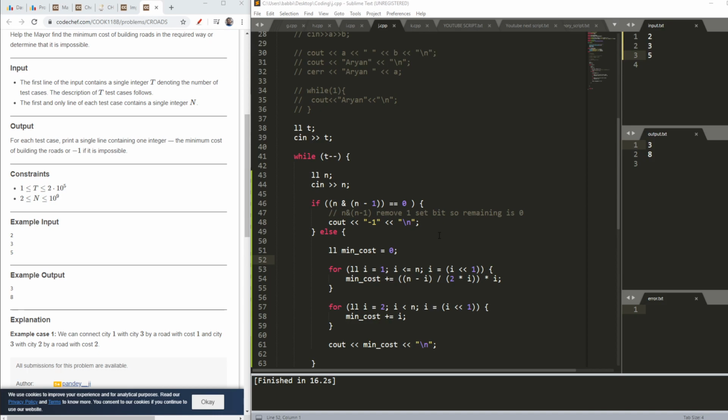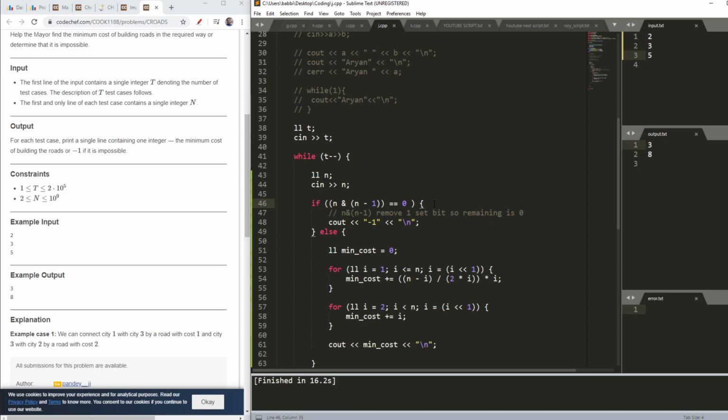So the code, as you can see here, first of all I had my t number of cases, then I will check if the number is a power of 2, because if n is a power of 2, then as I clearly spoke, I need to have a number n plus 1, means i plus 1, which is more than the number. And actually I have maximum number up to n only. So if n is basically a power of 2, then my answer will always be minus 1, else I can find my answer.